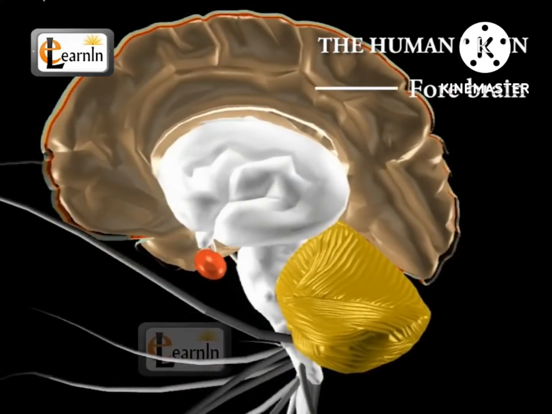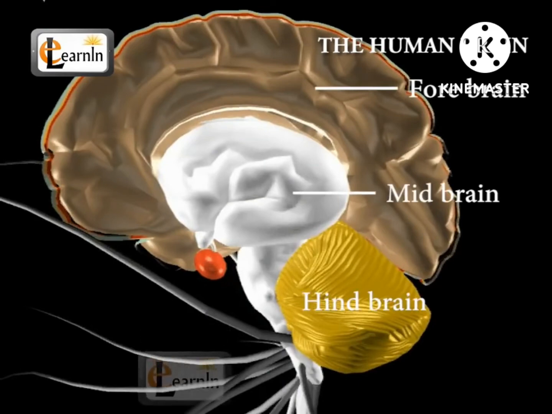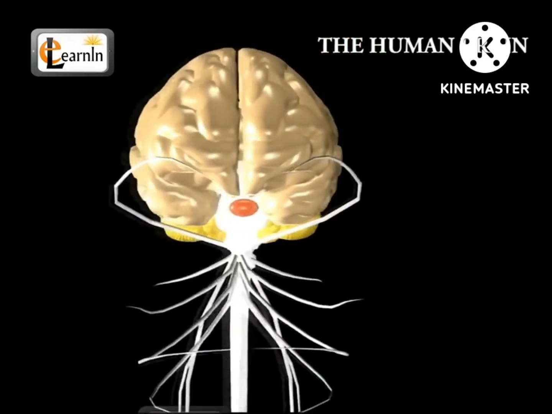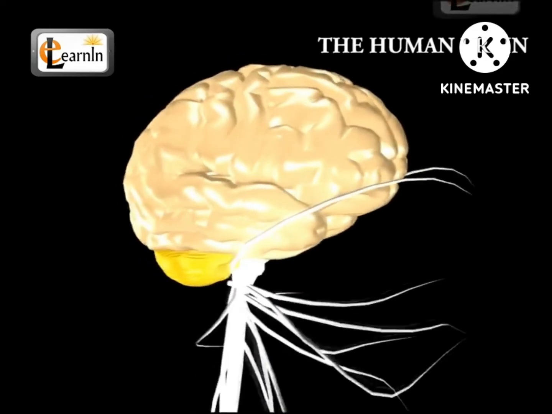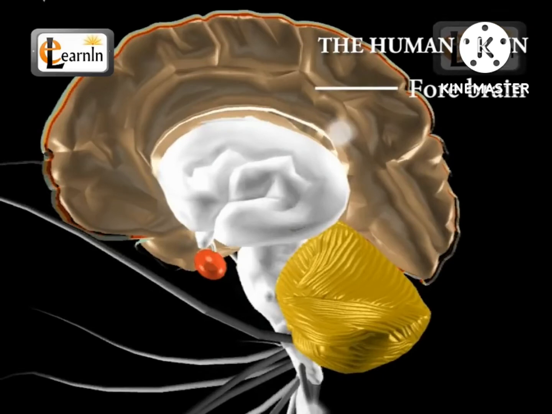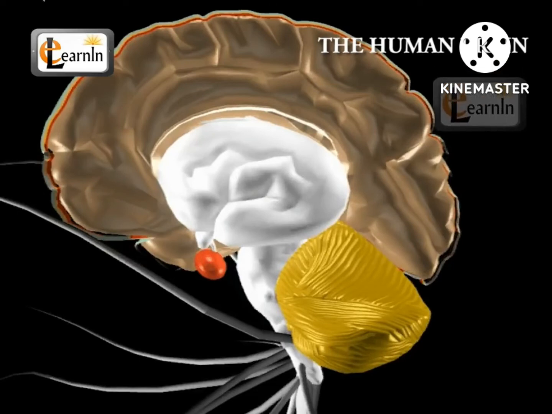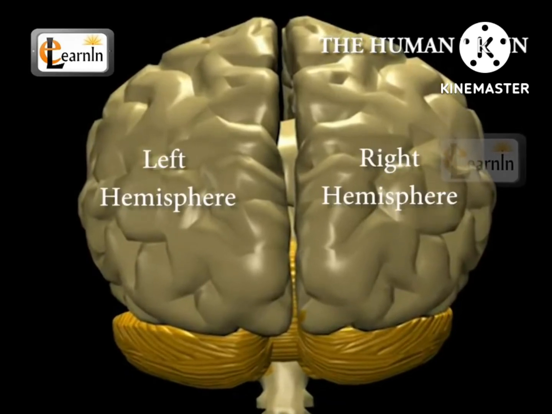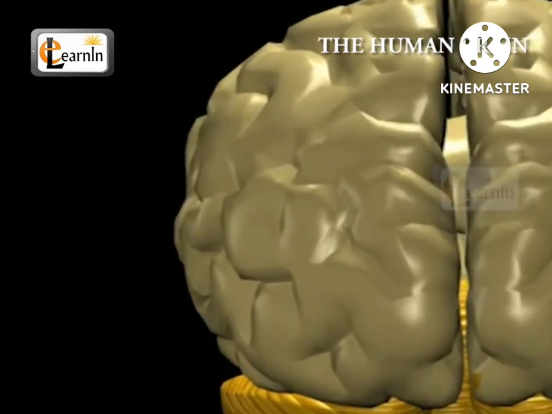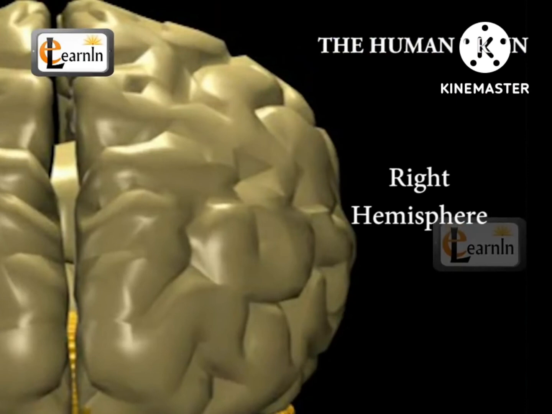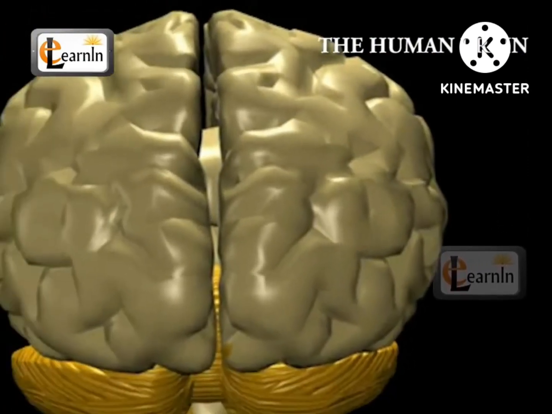The human brain consists of three parts: forebrain, midbrain and hindbrain. Forebrain is the thinking part, specialized for hearing, smell, sight, vision, and the forebrain is also responsible for the decision to respond and sending messages to muscles. It is associated with sensation, also with hunger. The forebrain or cerebrum consists of a left hemisphere and a right hemisphere. The left hemisphere is associated with logical thinking and the right hemisphere is associated with creative thinking.